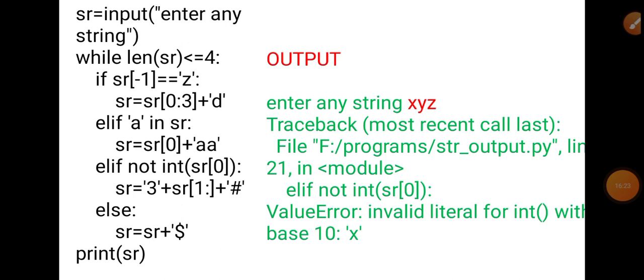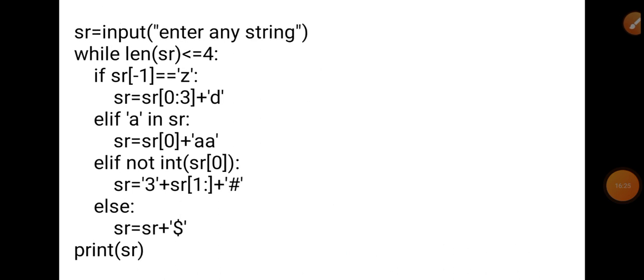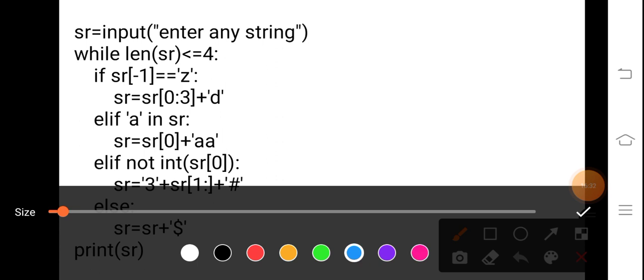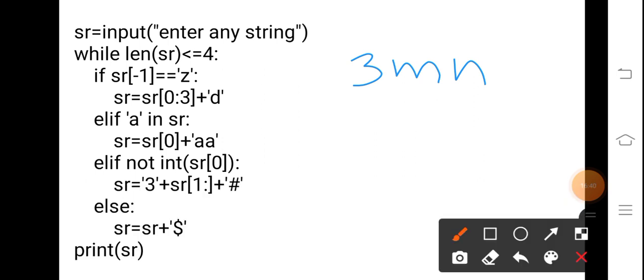Clear? Now after that, take another input, suppose we take 3mn, this is the value. Now for this check the output again. The length condition is true, index -1 does not contain z, so this will be false. The elif a in SR will also be false.